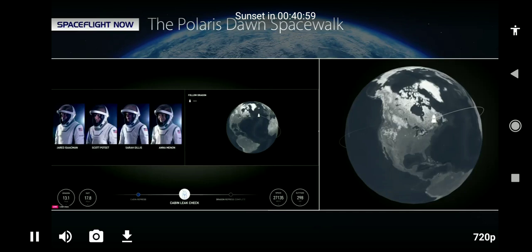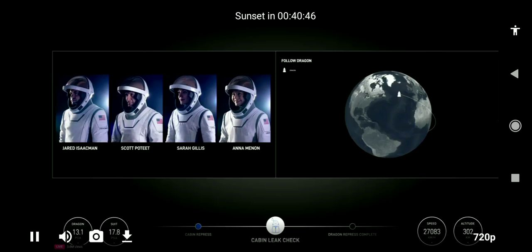And then on the far right-hand side of the capsule, so not this photo, but the live view inside, was Scott Poteet, who prefers to go by his call sign Kid. He had the other window seat. Now, if you tuned into the launch phase of Polaris Dawn, you might recall that Scott...